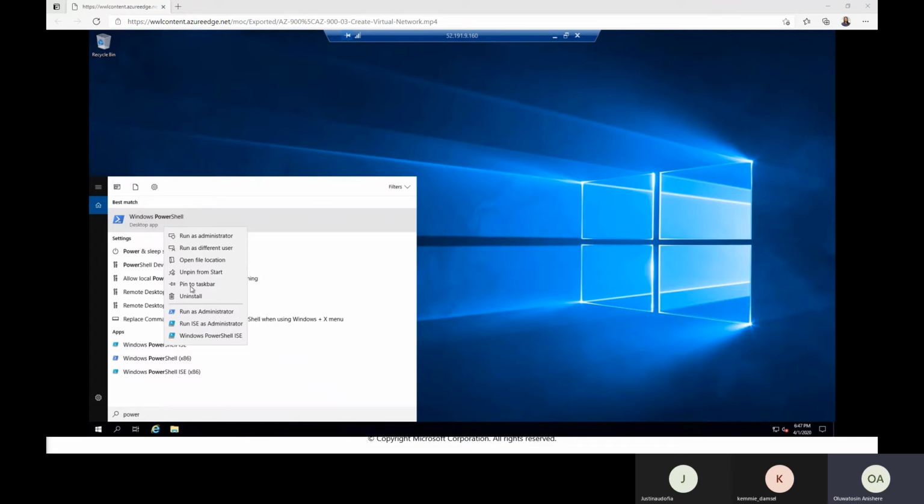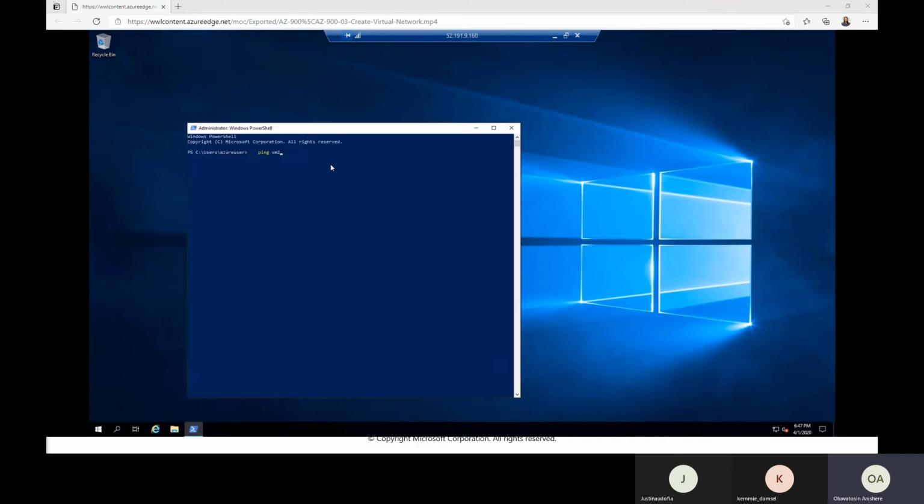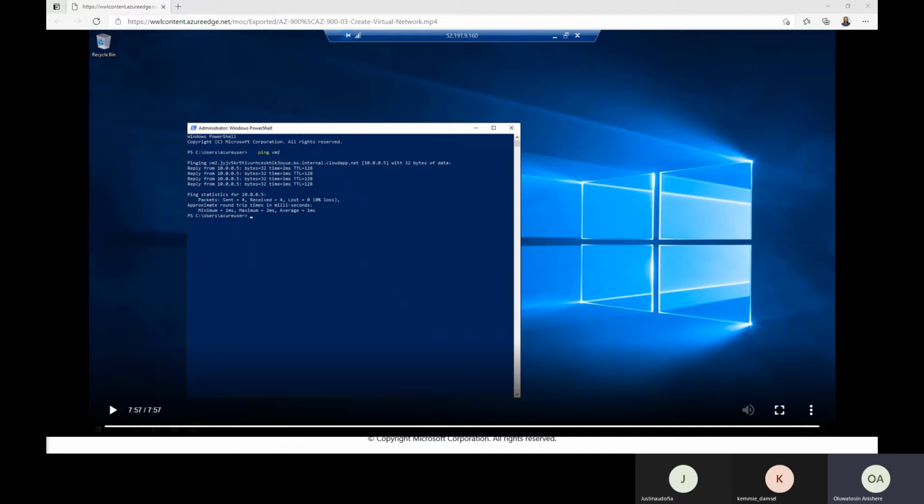The same thing. So I want to ping VM2 from VM1. You see that from VM1 you can ping VM2, which means there's traffic, and it's able to establish traffic